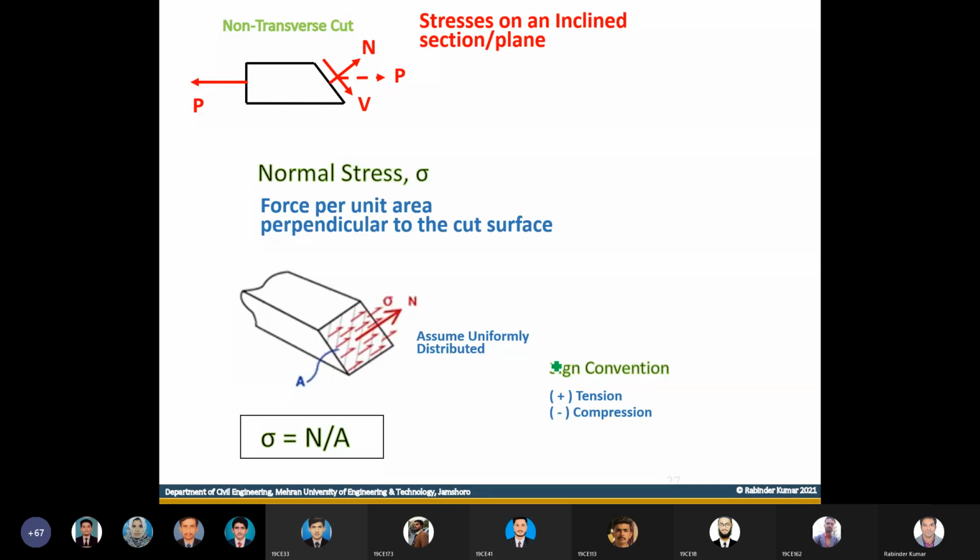Normally for the sign convention, tensile stresses are taken as positive and the compressive stresses are taken as negative. This is just an assumption, okay, you can also choose vice versa, but normally this sign convention is adopted in the book. So that is why we will also be using these conventions. वो पॉजिटिव इस वजह से लेते हैं, टेंशन में चीज़ें इंक्रीज होती हैं, ओके, लेंथ वाइज इंक्रीज होती है तो इस वजह से पॉजिटिव. कंप्रेशन में the dimensions are being shrunk, so that is why it is negative. Okay, so you can also choose vice versa, but whenever you solve any problem, you need to mention which sign convention you are dealing with.